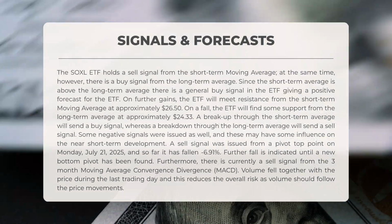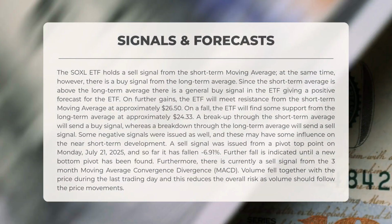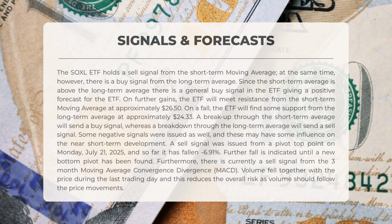positive outlook. Should the ETF continue to gain, it may encounter resistance from the short-term moving average at approximately $26.50. Conversely, if the ETF declines, it will likely find support from the long-term average around $24.33. A breakout above the short-term average will trigger a buy signal, while a drop below the long-term average will issue